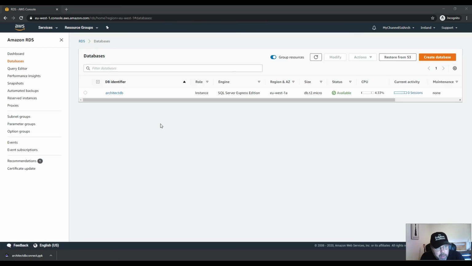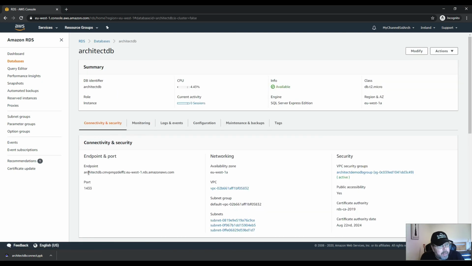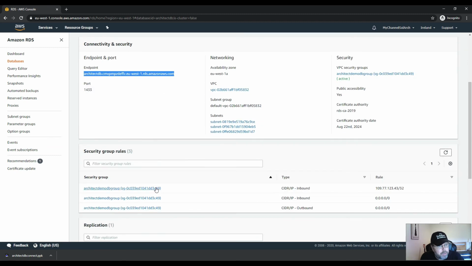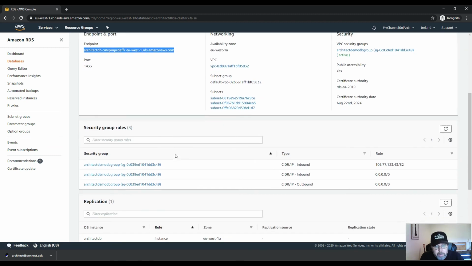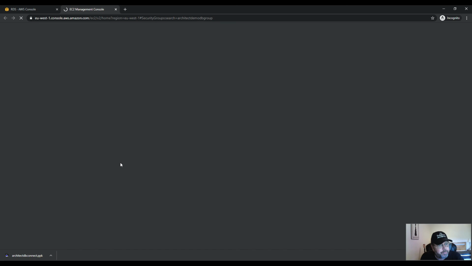Okay, so the database has been created successfully. If I go in here, I can get my endpoint. And because we selected a public IP, it should be able to provide me with access. The one thing that you need to remember is, what I did do is on my security groups, if you go inside here,